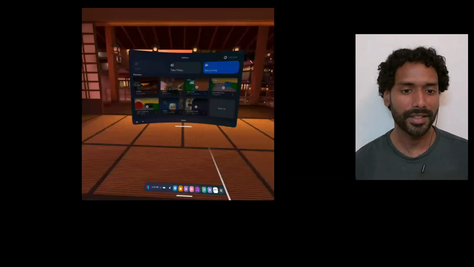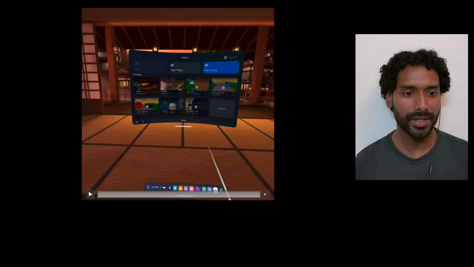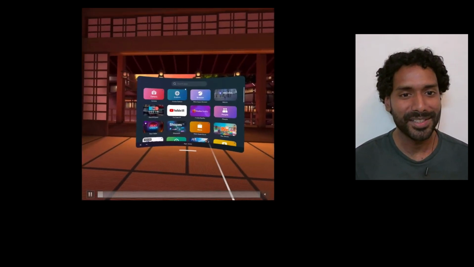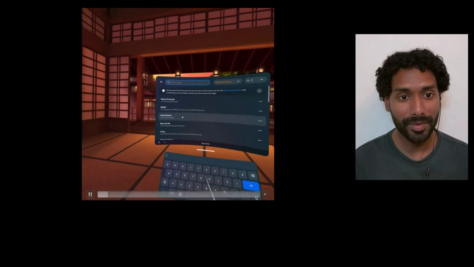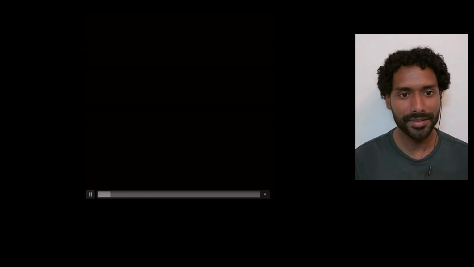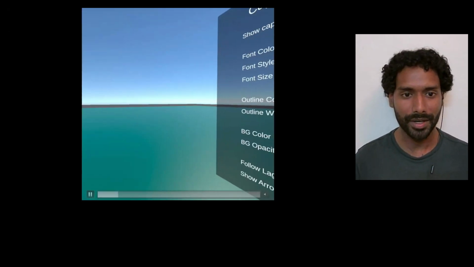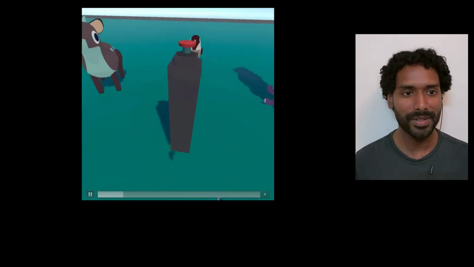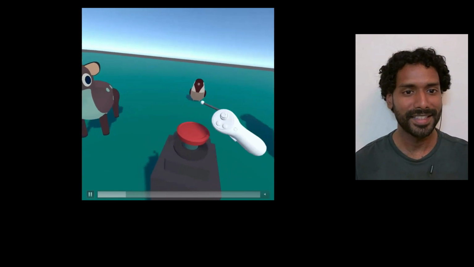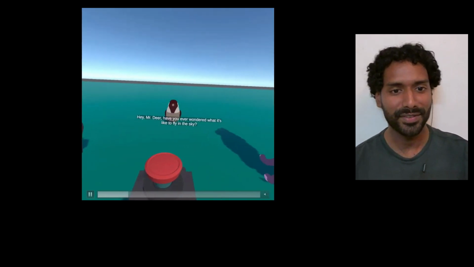Let's have a look at an example of how Chirp works. So here you can see that I am launching a demo app that I created using Chirp. This is just a simple app where there are a number of characters speaking and captions appear corresponding to their dialogue. Here you can see that there are 3 different animals and they all have different voice lines.